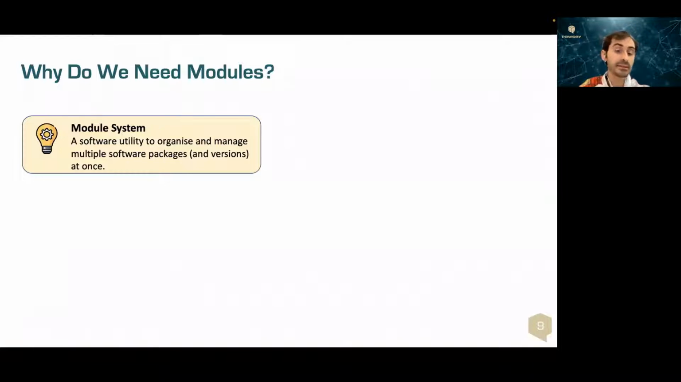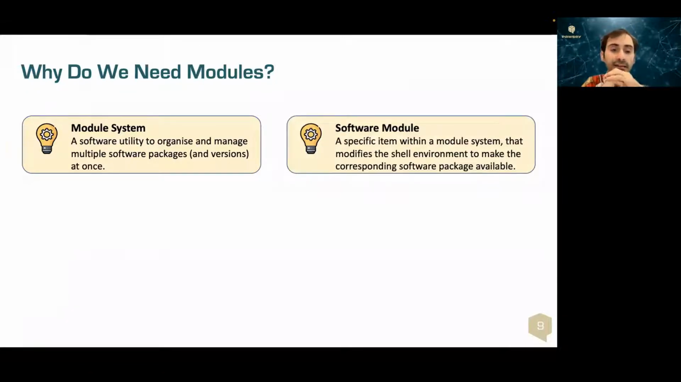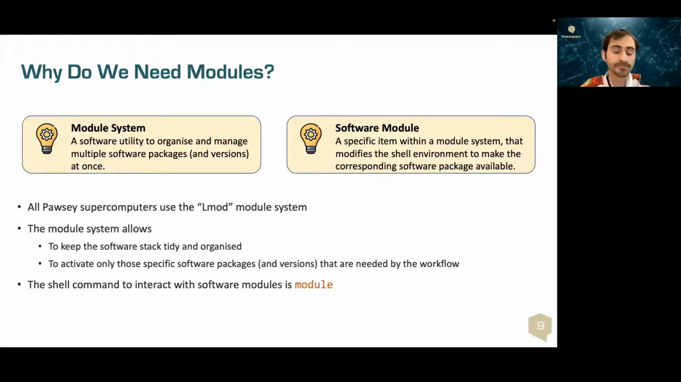So what is a module system? It is just a software utility that is used to organize and manage a large number of software packages and versions at once in a machine. And the module system achieves this by using software modules, which is a specific item within a module system that modifies the shell environment in your terminal session, to make the corresponding software package available for you to use. So this is how modules become kind of useful